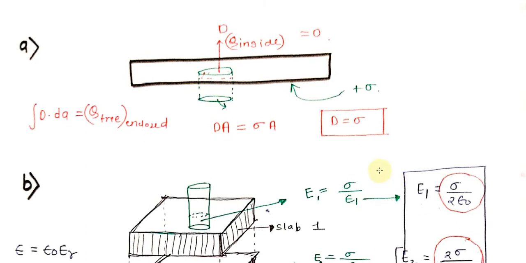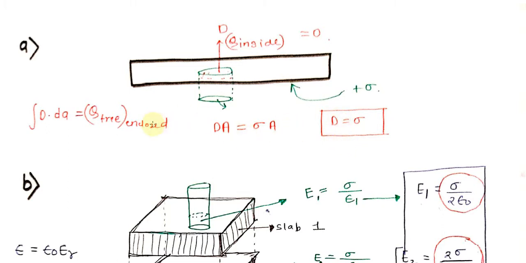So here if we see the metallic plate or the plate of the capacitor, we can draw a Gaussian surface, a cylindrical Gaussian surface more precisely. Here we can say that the charge enclosed by this Gaussian surface is sigma times area, the surface charge density times the area. And inside the metallic plate, since the charge resides on the surface of the plate, inside there is no charge, so the electric displacement inside the plate must be 0, and all the charge must be present on the surface of the plate. So we got D is equal to sigma.